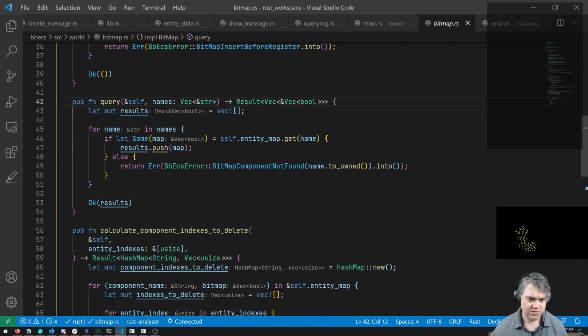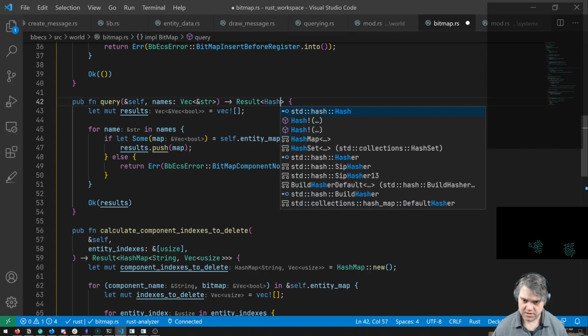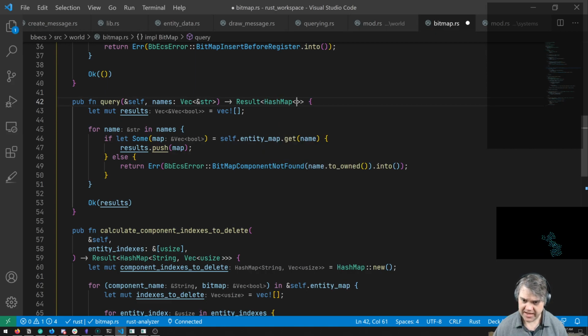If we do, okay, let results equal this, name in names. Okay, so the name in names. What if I return not a Vec? What if I return a hash map? A hash map of the string, and then this would be a Vec of booleans.